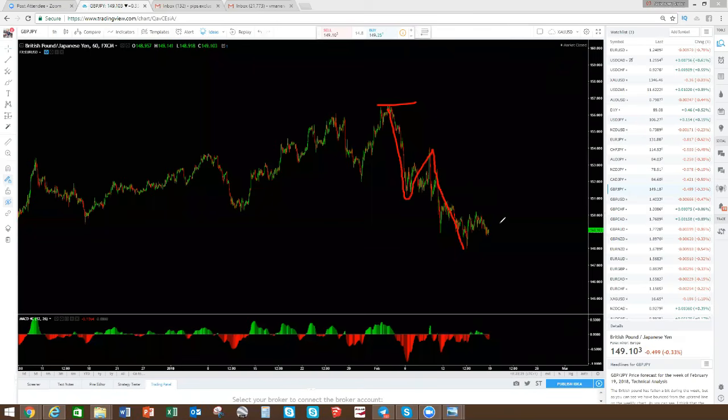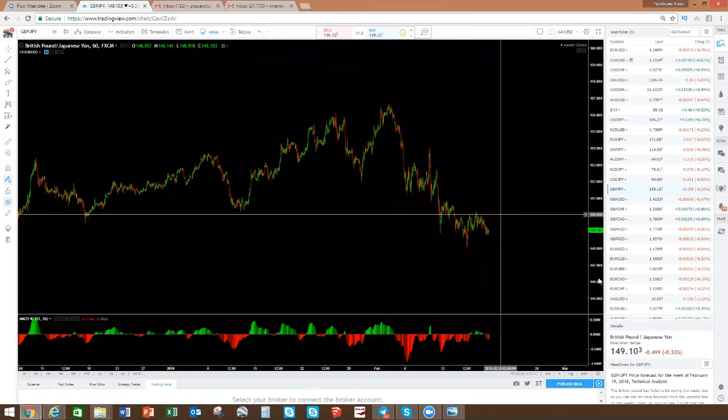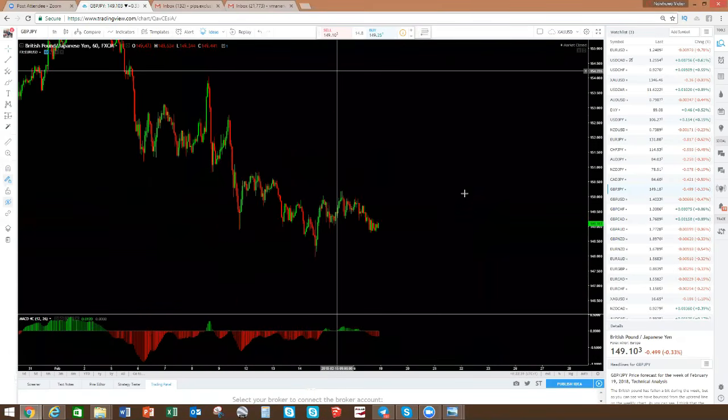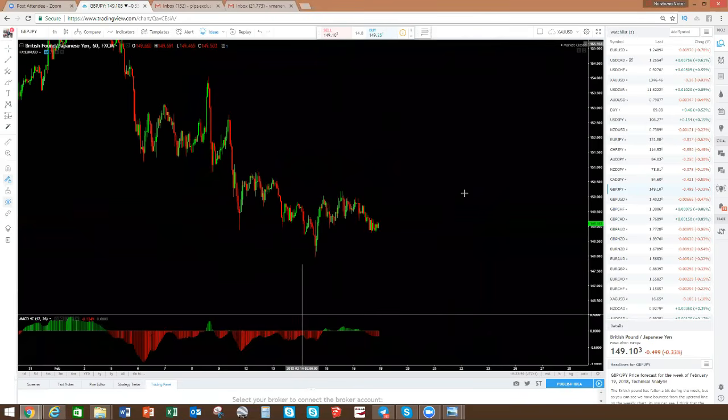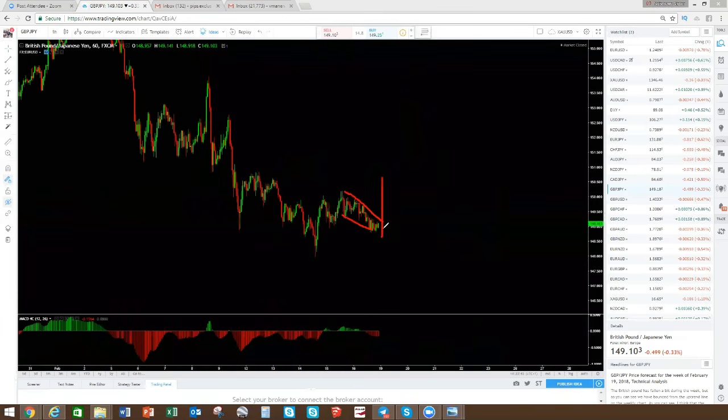So we were anticipating that we're gonna get a corrective move like that before we get another move to the downside. So we also attempted to buy in the last week to get this move here, just to take advantage of this small move up to this level on pound JPY,